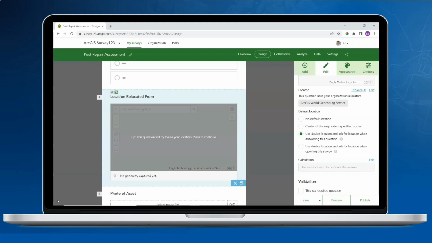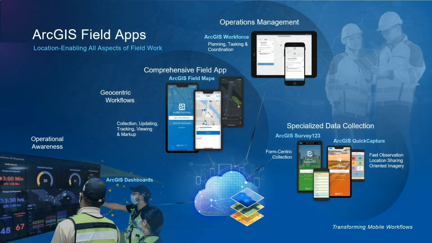So with my jobs done and going through all this new functionality that's being added, we look forward to seeing how you use them to improve coordination and efficiency in your field operations. As you can see with the different jobs I've been carrying out, you can use field apps to reduce or even replace reliance on paper. This quality and quantity of information synced back to either your online or enterprise environment ensures that field and office staff can use the same authoritative data. Going forward, to keep track of the new functionality that may be of use to your field staff, check out the What's New section of the product pages and the ArcGIS blog.